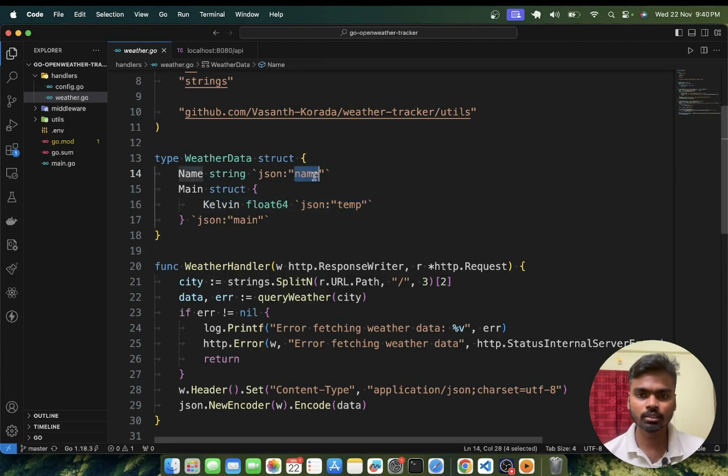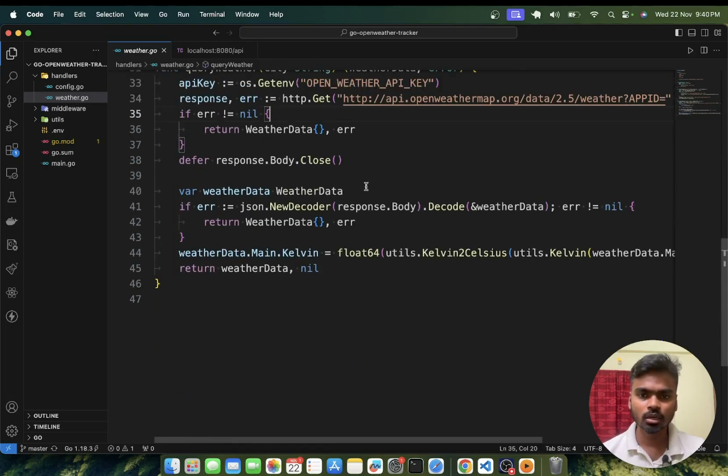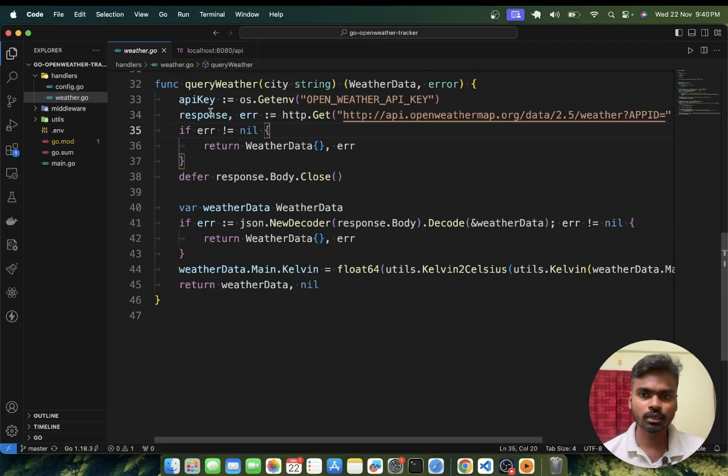Name is nothing but the city name, temp is the actual temperature, which is coming from the main object of the open weather API response. We are going to decode the response body into our weather data struct, and then check if there are any errors.